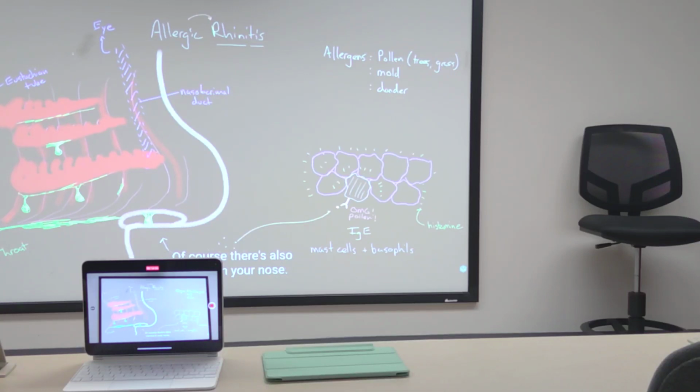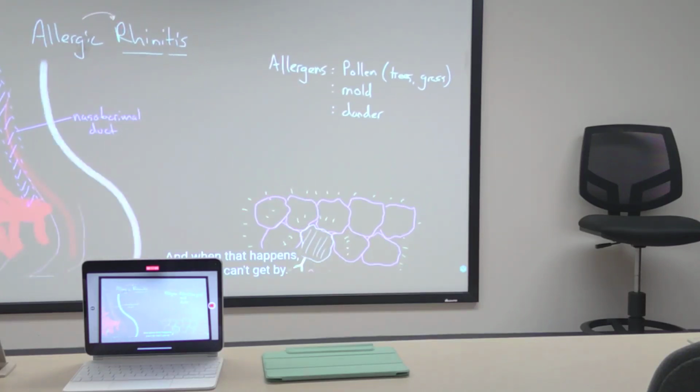Of course, there's also nerves in your nose. I'll draw one of the nerves going off to the turbinate here. And these nerves ultimately end in your brain. As they get inflamed with all the processes happening in your nose, they become irritated and send signals to your body, particularly the signal to sneeze. And then if the swelling continues to get bigger and more pronounced, it can actually completely block off this entire nose. And when that happens, even air can't get by. And when air can't get by, breathing becomes a problem.